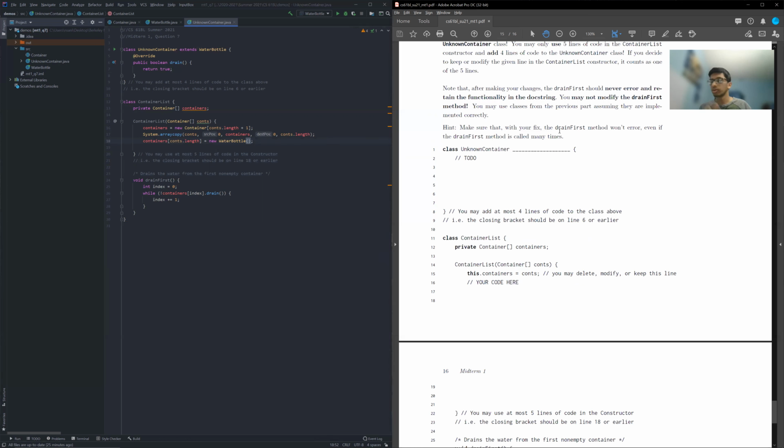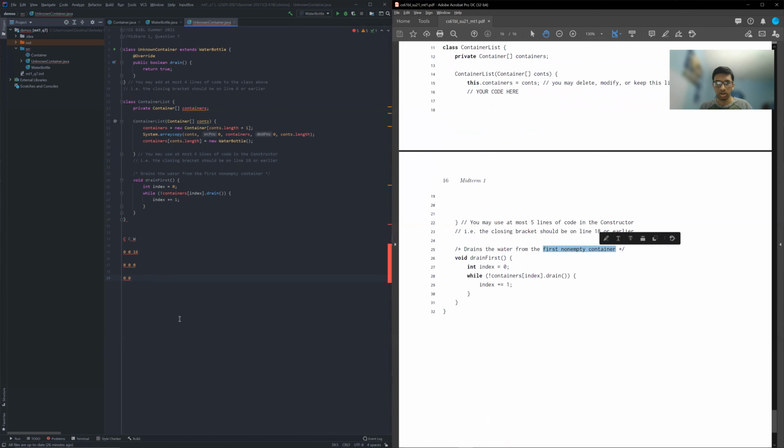called many times. So if I was to put a new water bottle at the end, and for the sake of example, let's say I have 2 containers and then I have that water bottle. So say both of these containers are empty and the water bottle has capacity 1 and it's filled 1. Well, if I'm going to call drain on it, it's going to then go to 0 and we're not going to have any issues. Or actually, since I think the default capacity was something like 16, we'll drain it down to 0. But when you call it one more time, we run into the same issue because now we're going to get true this first time. We're going to get true the second time, right? If I'm doing the not false, because we're looking for the first non-empty container.